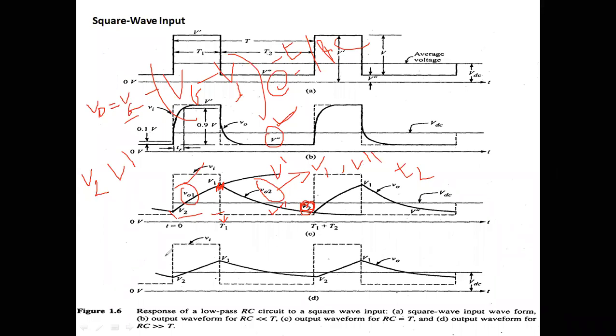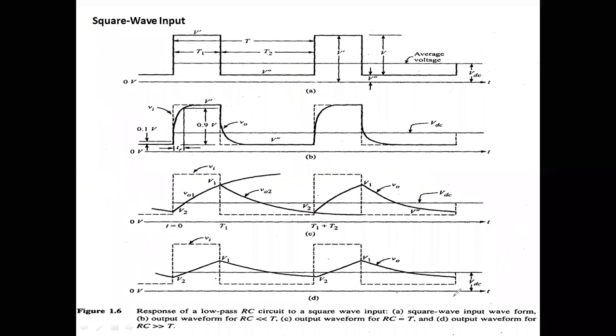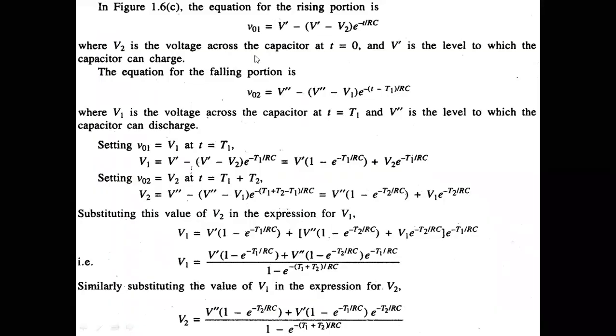Right, we are going to the next slide. We won't see this waveform, therefore you have to keep it in mind. What is the initial voltage for finding VO1? What is the final voltage for finding VO1? Similarly, what are the initial and final voltages for finding VO2? You have to keep this in mind. Now I am moving to the next slide, which is the derivation, deriving the output voltage.